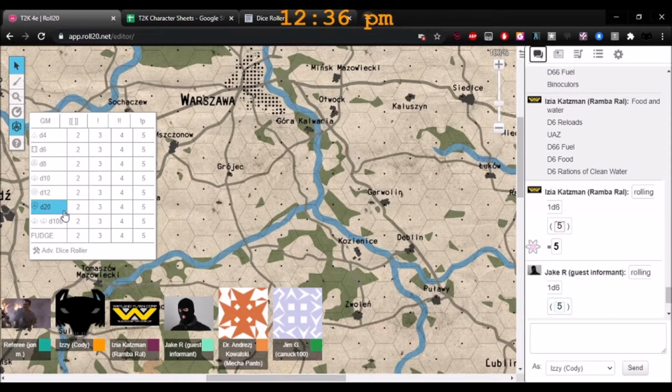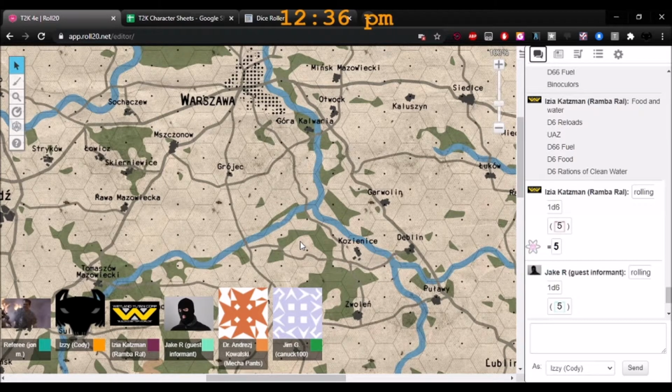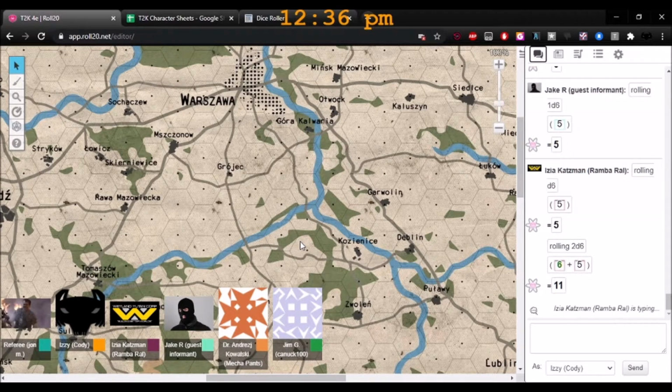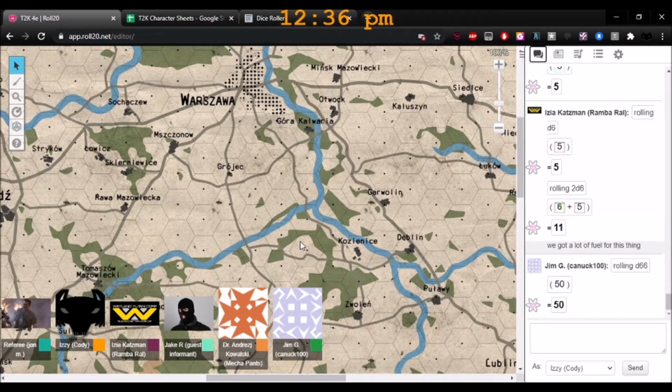Well, the reason is this: 2D6 should be a lot better because your minimum is going to be 11 instead of 1. That is true. Plus, there's no such thing as a D66 dice unless you're buying one of those specialty dice. Oh, sweet. Oh snap! 65. Very nice.